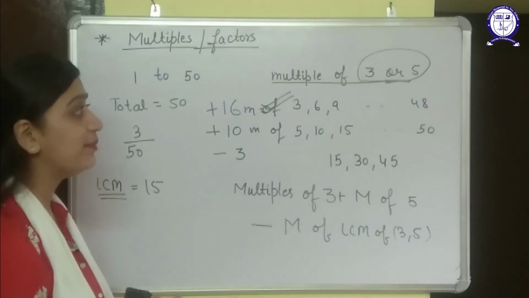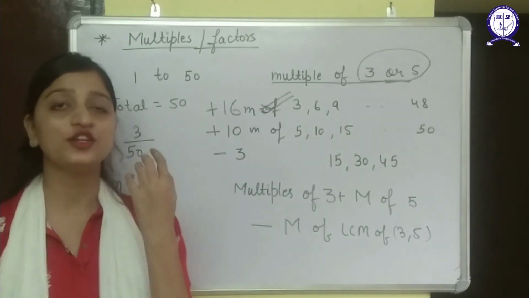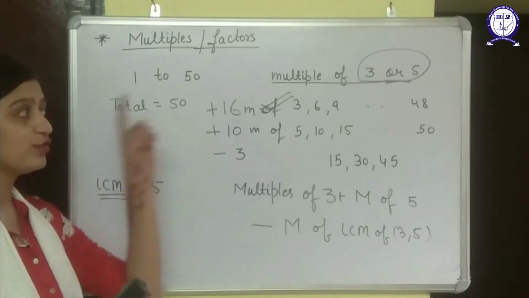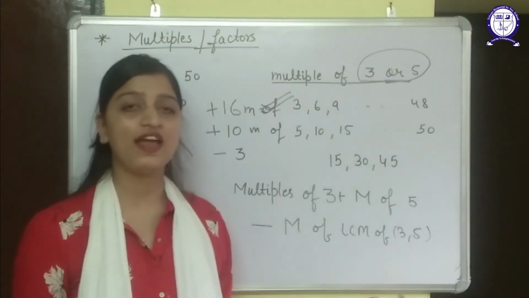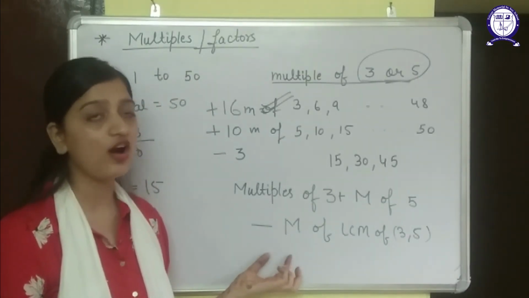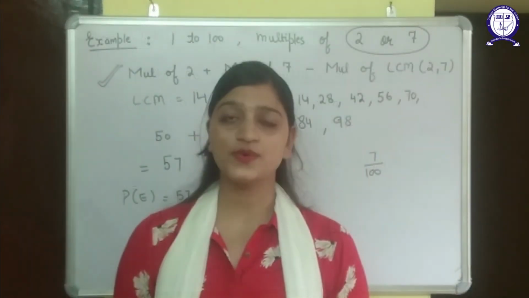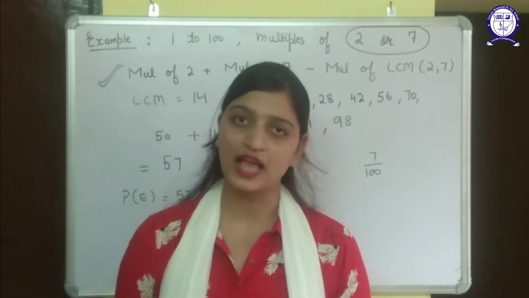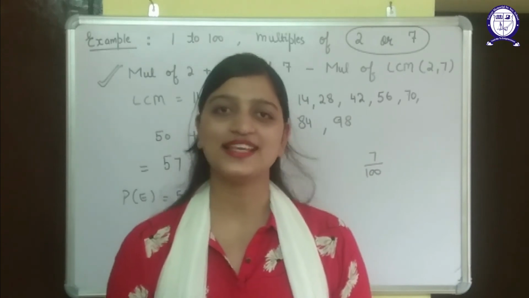Okay, these are the very minute things you need to remember. In the case of AND, you will take only the LCM table, but in the case of OR, you will take all the multiples of 3, 5 and their LCM. But the LCM will be subtracted because it is counted twice. Okay. So these were the special cases on which the probability questions can be asked. I hope you understand today's topic. Keep practicing. Thank you.